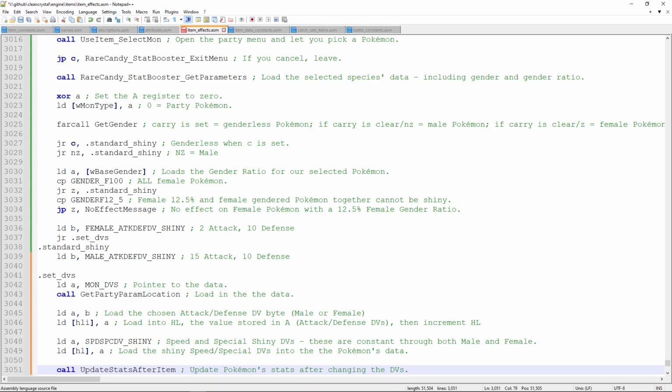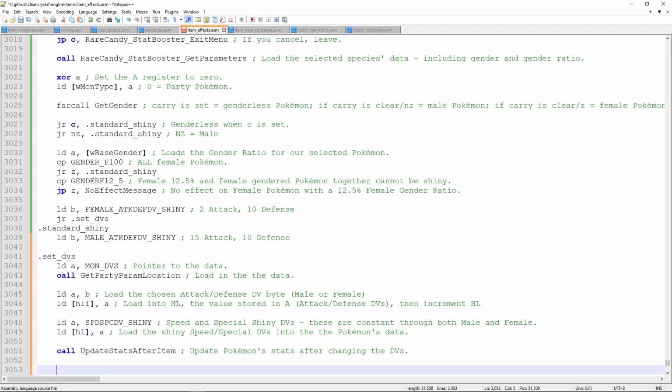That's great, except for one thing. It's not going to update HP that's now too high, because your HP can only really increase. There's no real way to decrease cleanly. So we'll do that ourselves. It does mean that we're going to get a free heal out of this, but I think if your Pokemon's changing colours, the least you can do is give it a little bit of a free heal as well, back